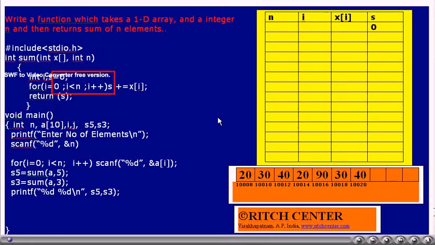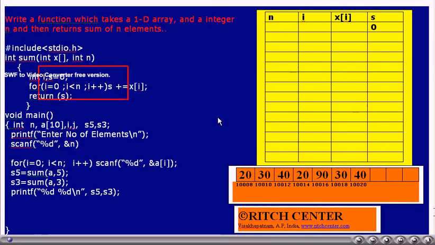This function takes an integer array and an integer n as arguments and returns an integer. In the function, we have taken some variables I and S. S value is initially taken as 0. The for loop runs for n times.